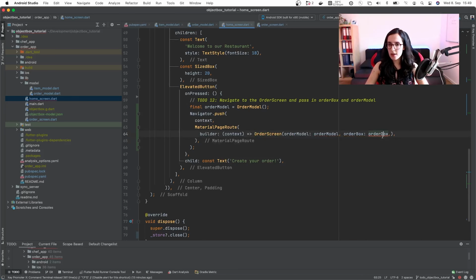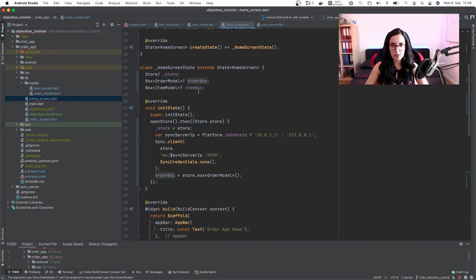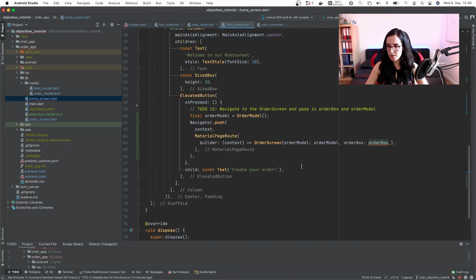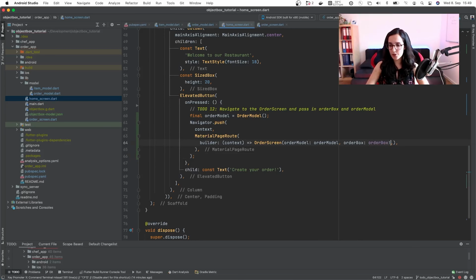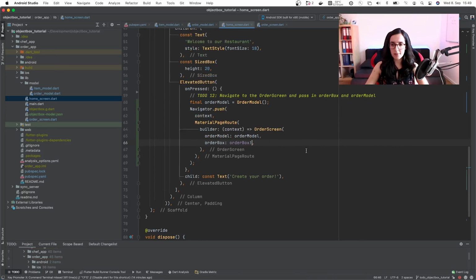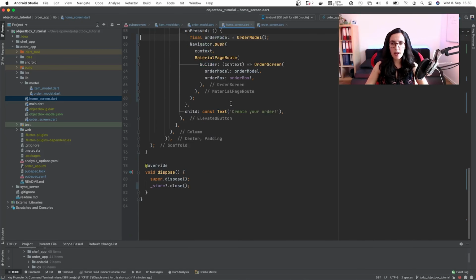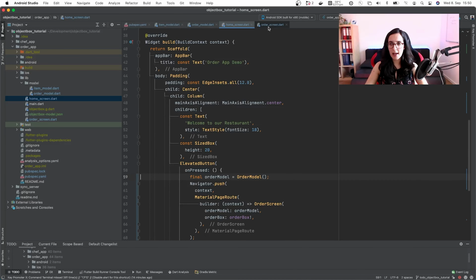It's this one, and I think I called it somehow different. This is the order box. Okay, and we'll have it here. And pass it. Now I can get rid of the last to-do here in this screen